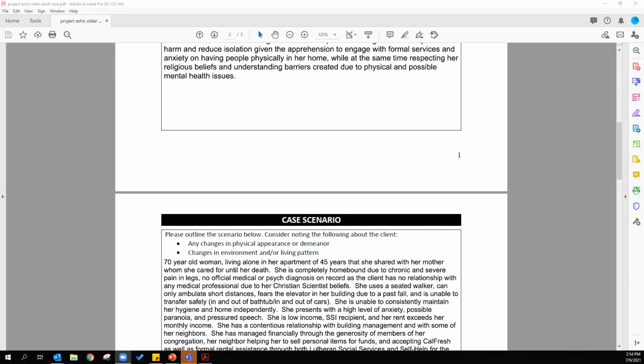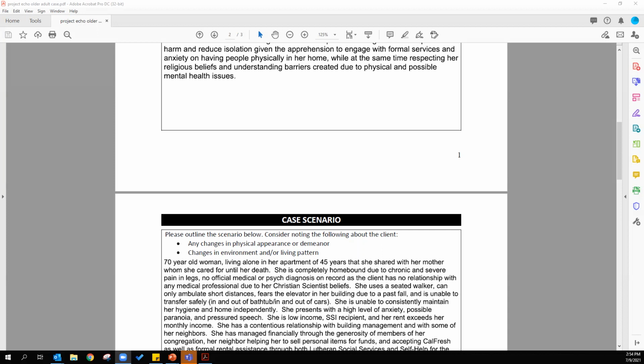One follow-up question, Christy, if you don't mind. Has a formal capacity assessment been done on this particular client? Do we know her cognitive functioning level? We were trying to, and UCSF up here has a really great home-based primary medical program through which you can access those types of things.